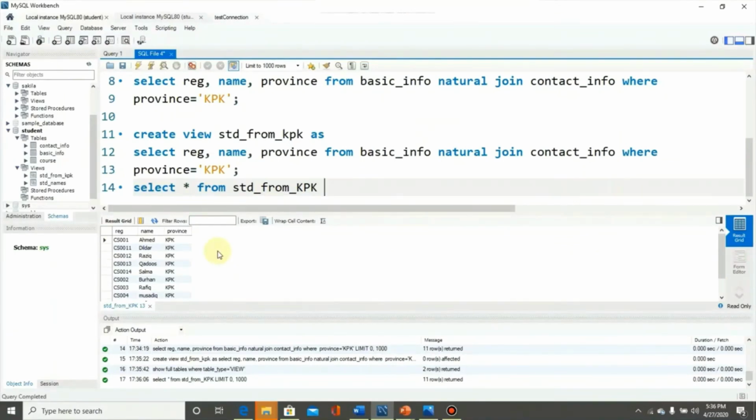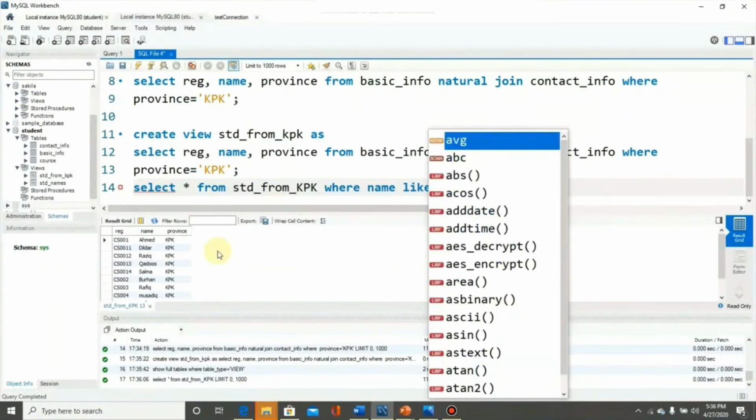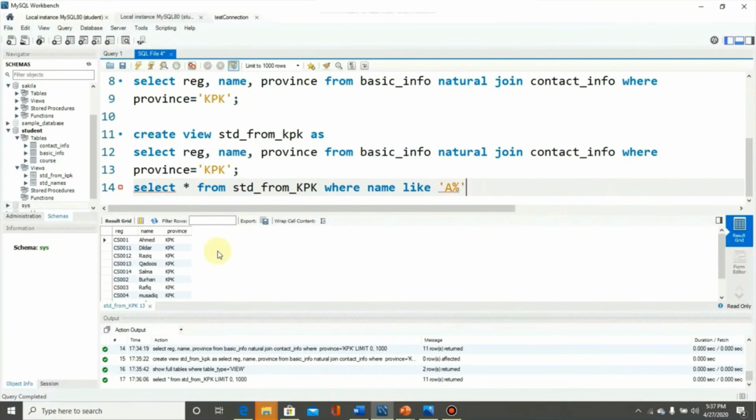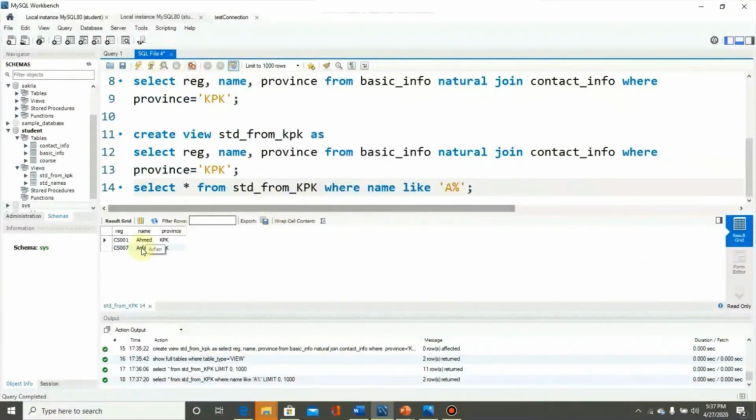For example, I am typing here where name like, the name must start with A. So here, with the help of this statement, we will get those students whose names are starting with A, and all the students will be from KPK as per the used select statement. We got two names, both are starting with A.